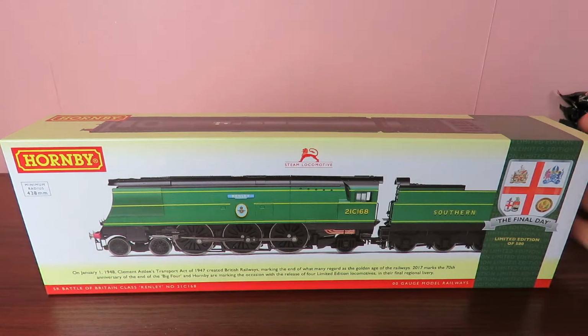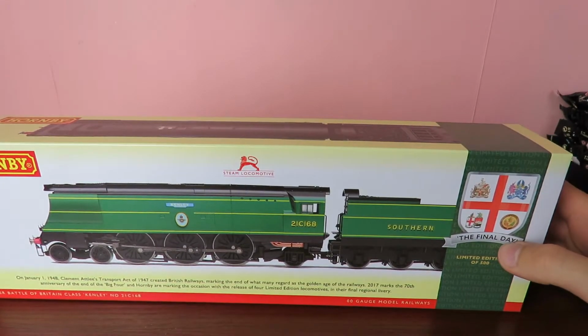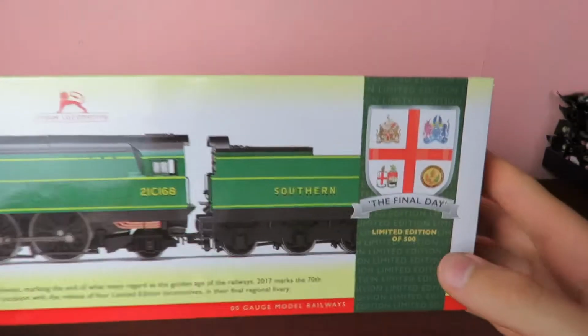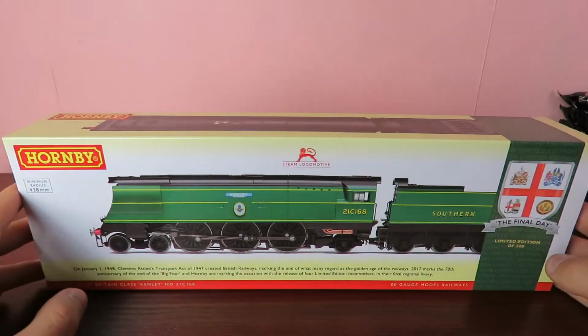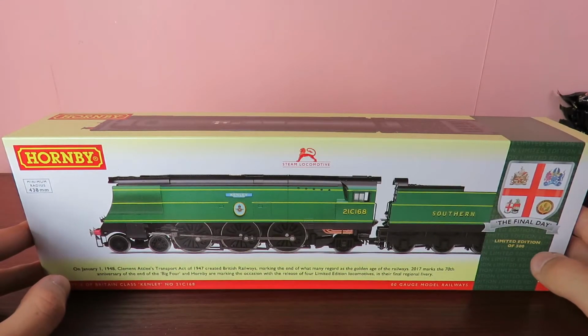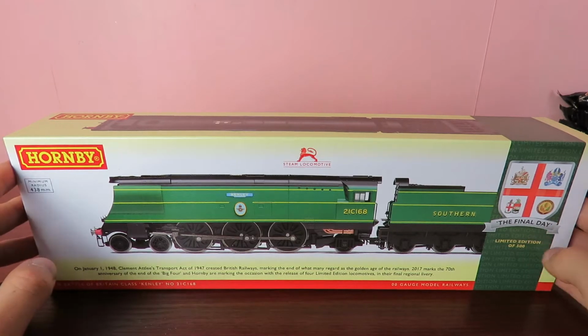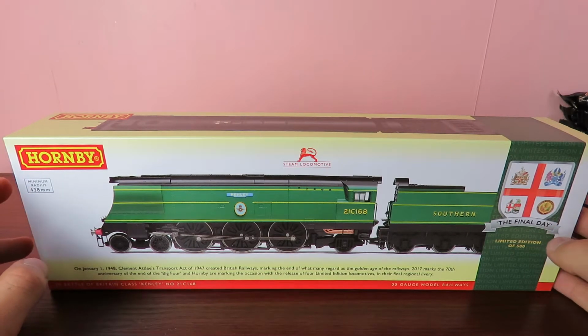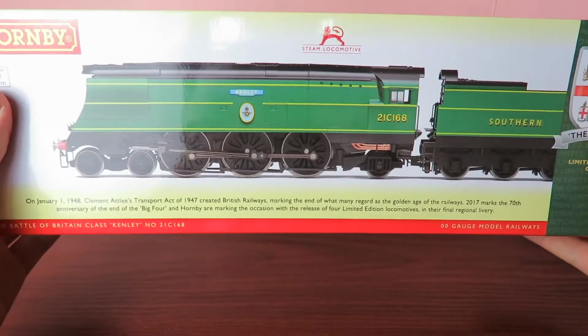Today we've got the first Hornby engine in the Final Day collection. It's a limited edition of 500 per engine, and as you can see it's the Battle of Britain class. This engine's name is Kenley, its number is 21C168, and it's part of Hornby's Final Day collection, which, as you can read down on the bottom here,